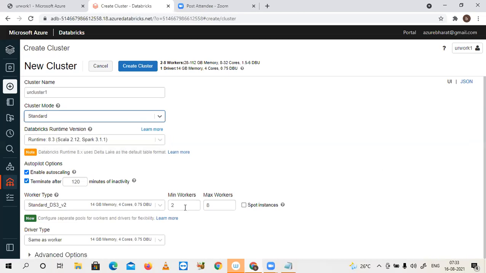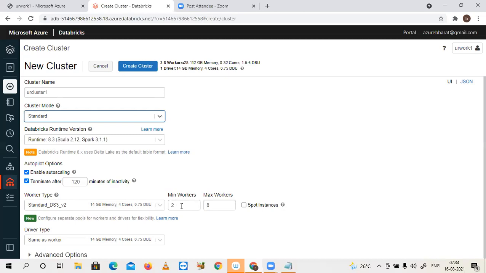Come to the worker type. Just select standard. What capacity does each worker have? Worker means slave nodes. So 14 GB RAM is available, with a 4-core processor. There are DBU units, which are internally for things like CPU caching; the DBU units will be helpful. So 14 GB is of course somewhat good, and 4 cores for one machine.